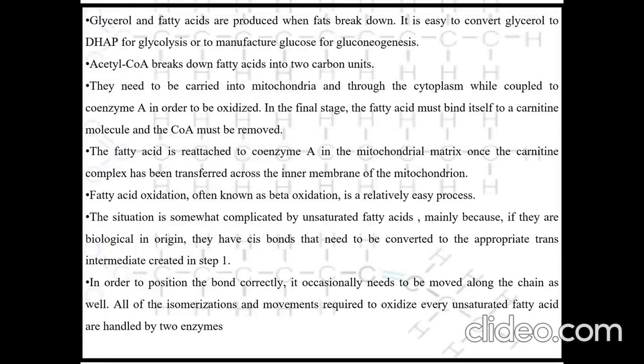It is easy to convert glycerol to dihydroxyacetone phosphate for glycolysis or to manufacture glucose for gluconeogenesis. Acetyl-CoA breaks down fatty acids into two carbon units. They need to be carried through the cytoplasm and into mitochondria while coupled to coenzyme A in order to be